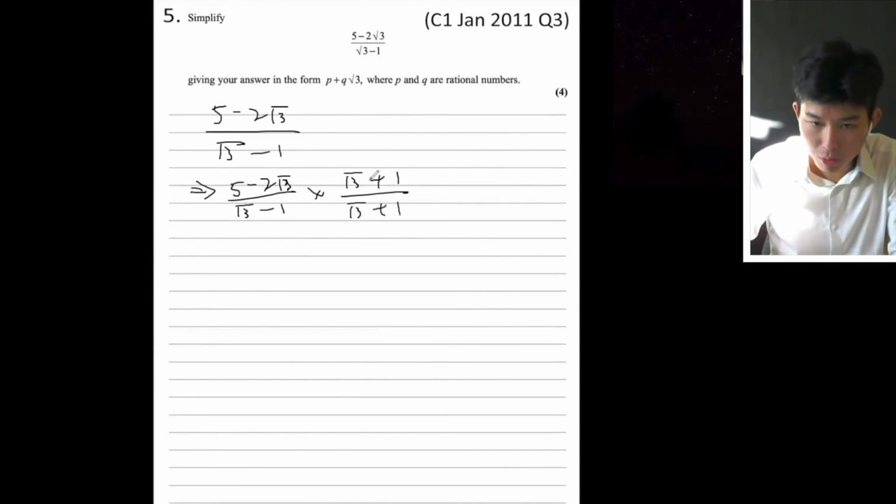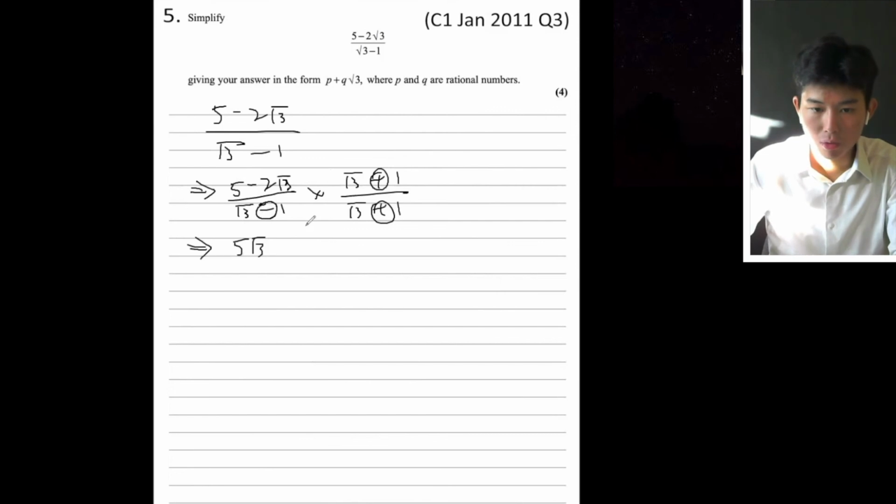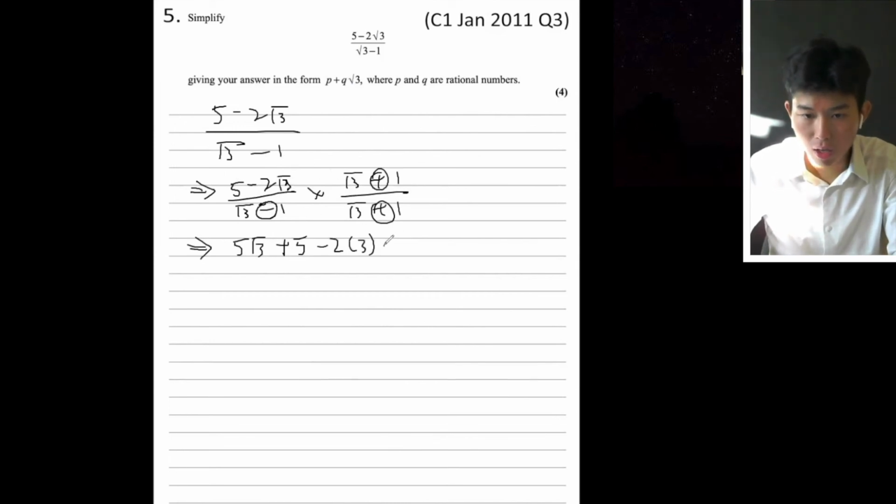The reason is because the denominator in this value is negative, is minus. So we have to swap the sign with two positive. So positive and positive equals to 5 times root 3 would be 5 root 3 times plus 5 times 1 would be 5, minus 2 root 3 times root 3 would be minus 2 times 3, and the last one, minus 2 root 3 times 1 would be minus 2 root 3, over